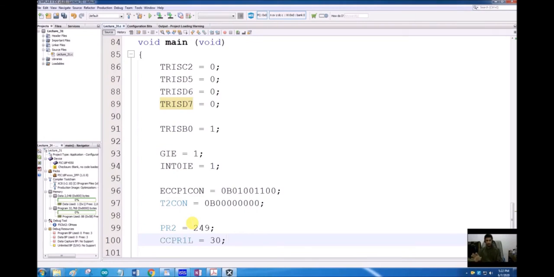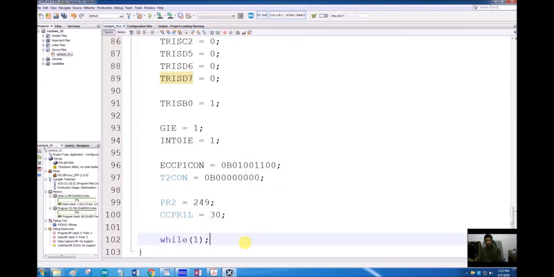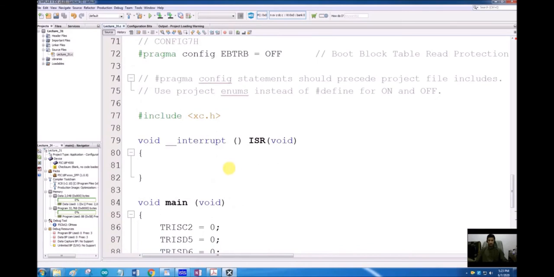I'll show you why I am using this, because I'm going to burn it on the hardware and show you the intensity of the LED. So I have to choose a very small value for this one. The last thing we want to do is to turn the timer on. TMR2ON is equal to 1. That's it. The main loop is complete.